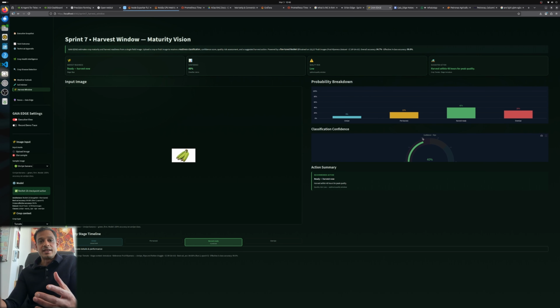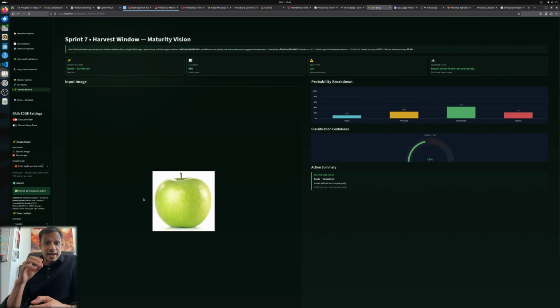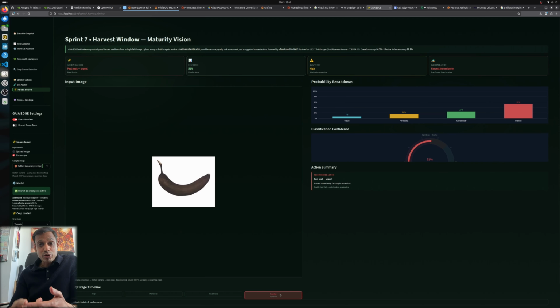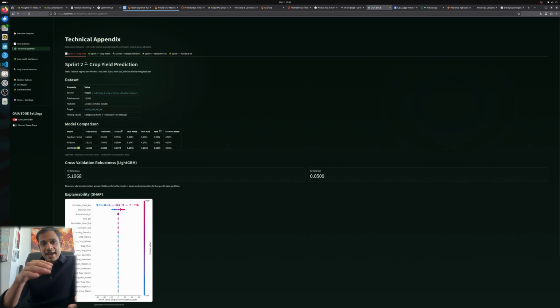And that comes again into our harvest window. So taking, again, online publicly available data, where we can use, again, CNNs, things like ResNet, image detection and computer vision, where we can scan thousands of images of crops and work out whether they are ripe, overripe, ready to harvest, pre-harvest. And that kind of gives you a really good idea of what can be done in an end-to-end